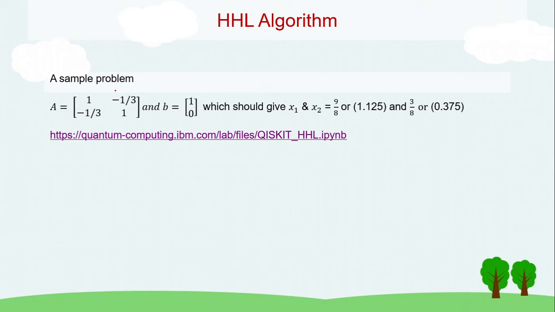So let's take a sample problem. A equal to 1, minus 1 by 3, minus 1 by 3, 1. So this is Hermitian, right? And then b equal to 1, 0. And then, manually, if you try to compute, you will get x1 equal to 9 by 8 and x2 equal to 3 by 8. Okay,